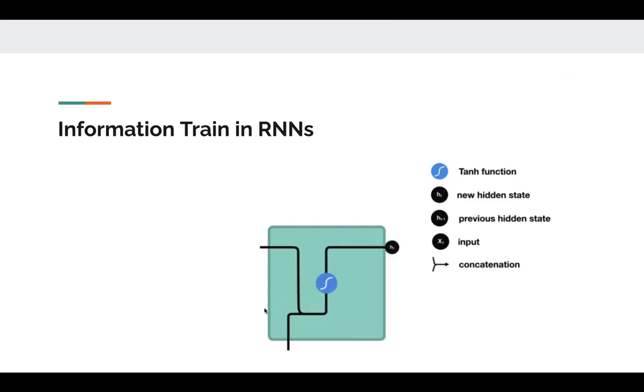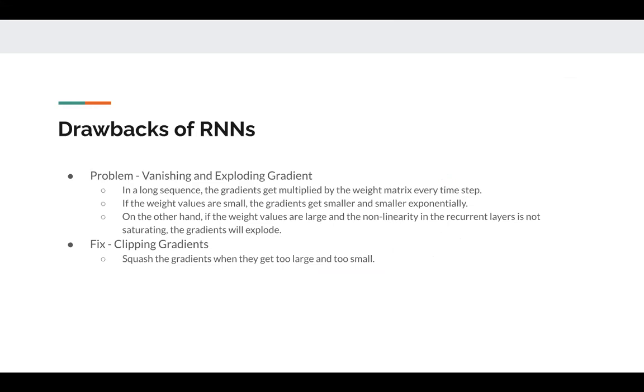So what happens is, when the hidden state and the input come, we just add them up, it goes to a tanh or sigmoid function and goes into the next output state and next hidden state, and the output is just taken from the top. So there's not much going on, and that actually becomes a disadvantage. It's simple to explain, understand and implement while coding, but it comes with certain disadvantages. The problems with RNNs are the ones we discussed in the previous session. One is the vanishing or exploding gradient.